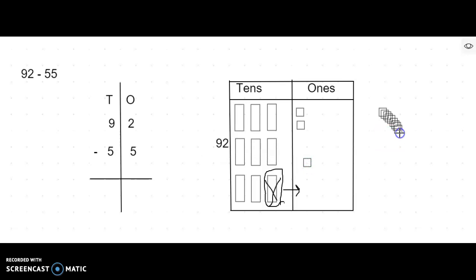1, 2, 3, 4, 5, 6, 7, 8, 9, and 10. Excellent. I have 10 ones that I took from that 10,